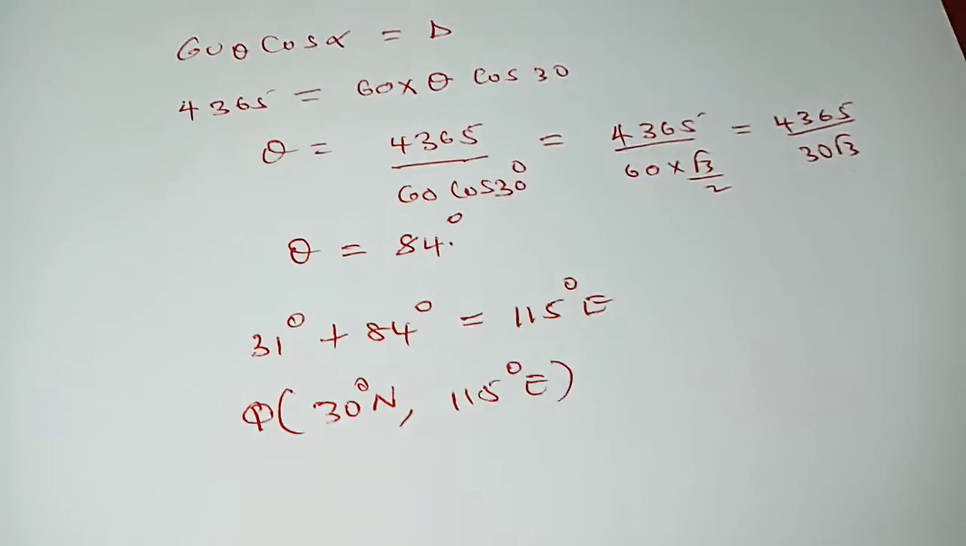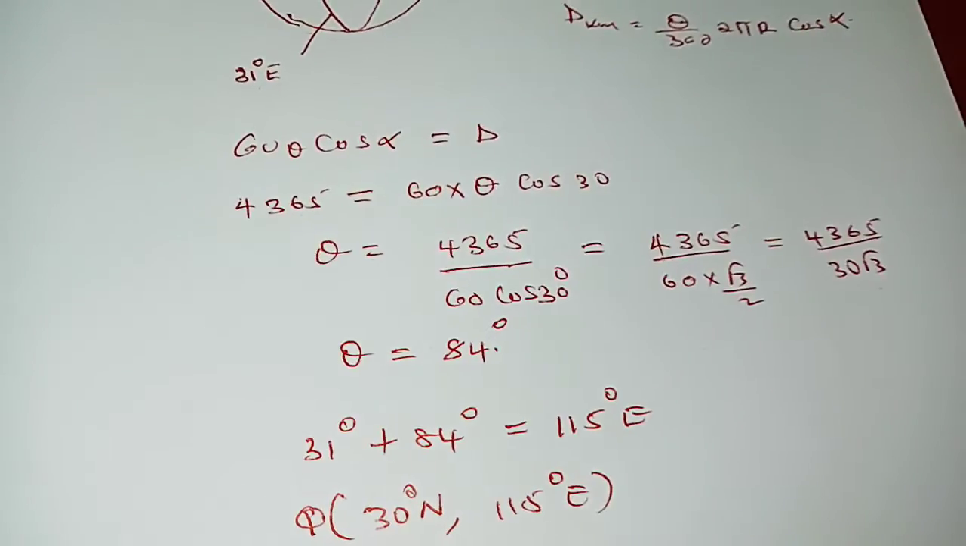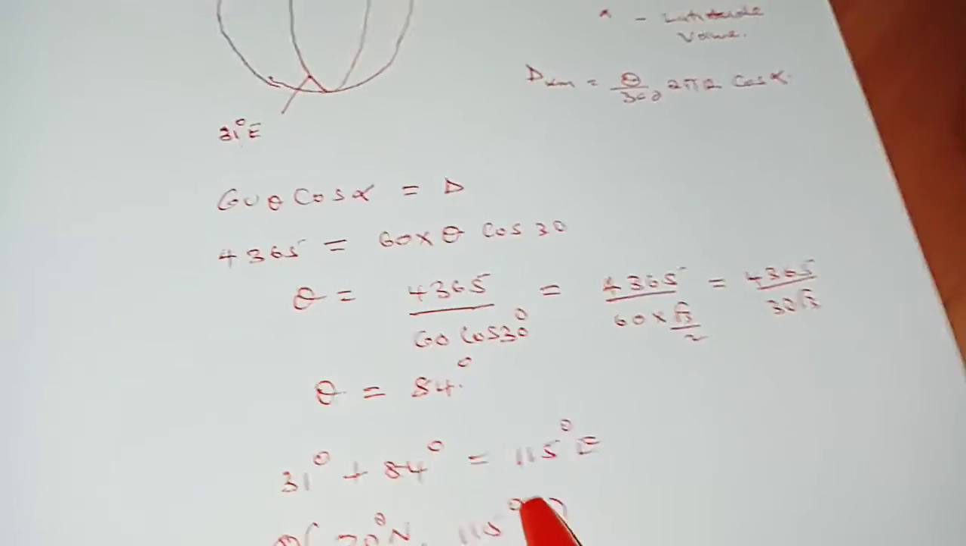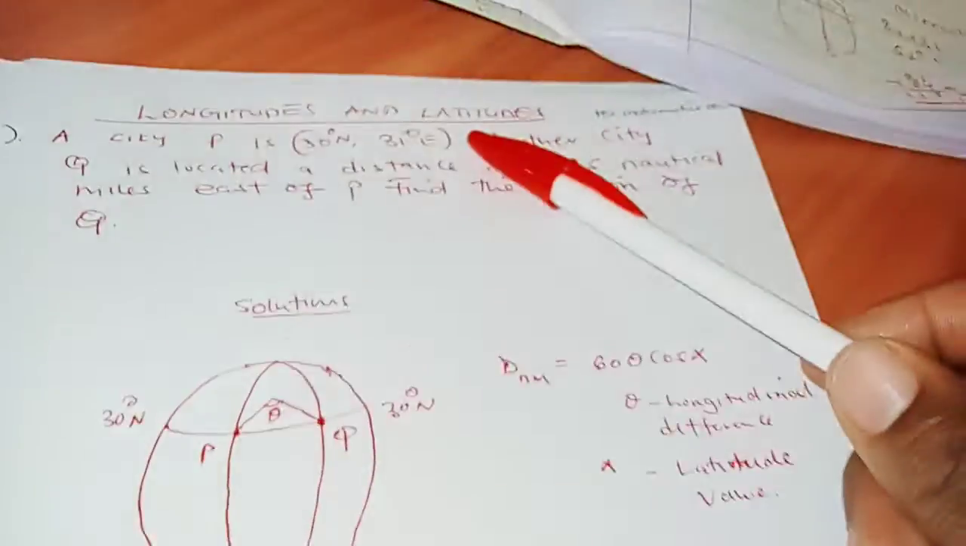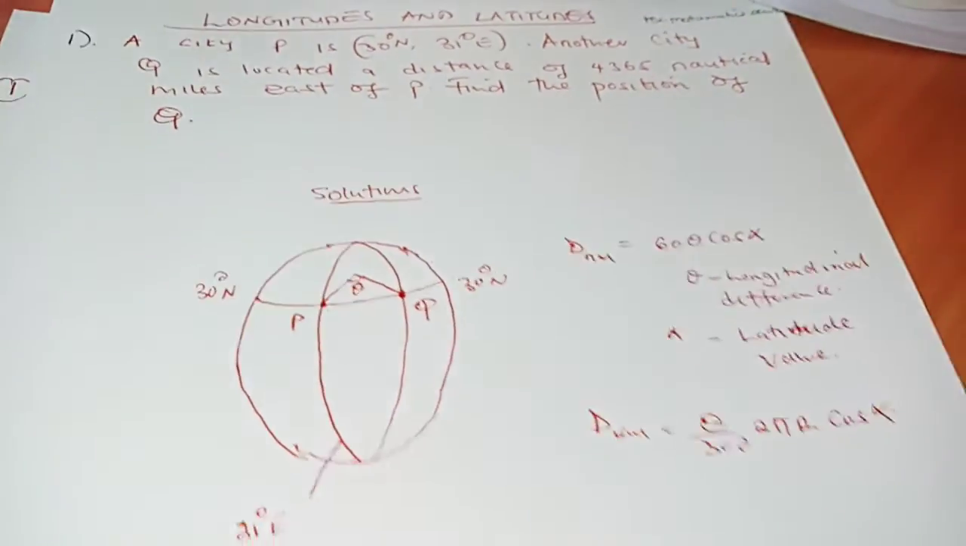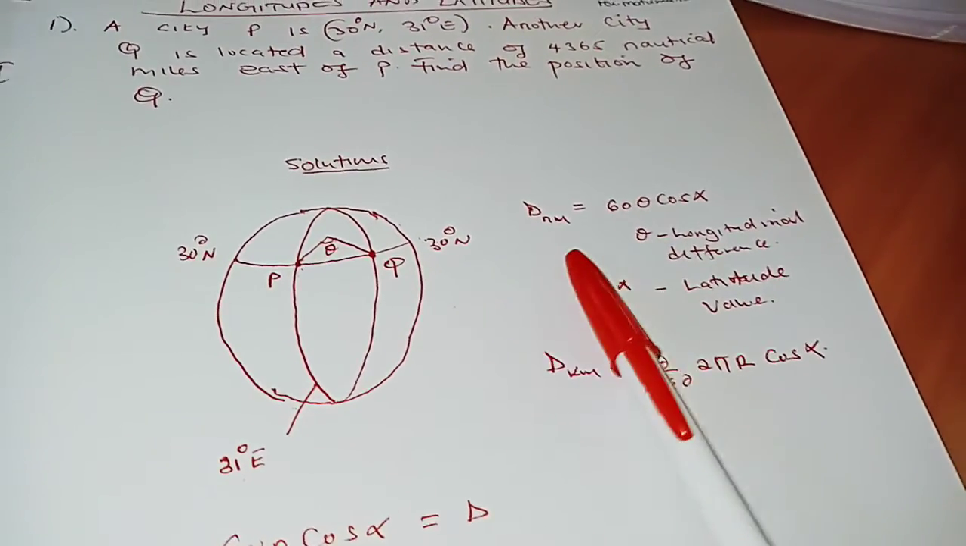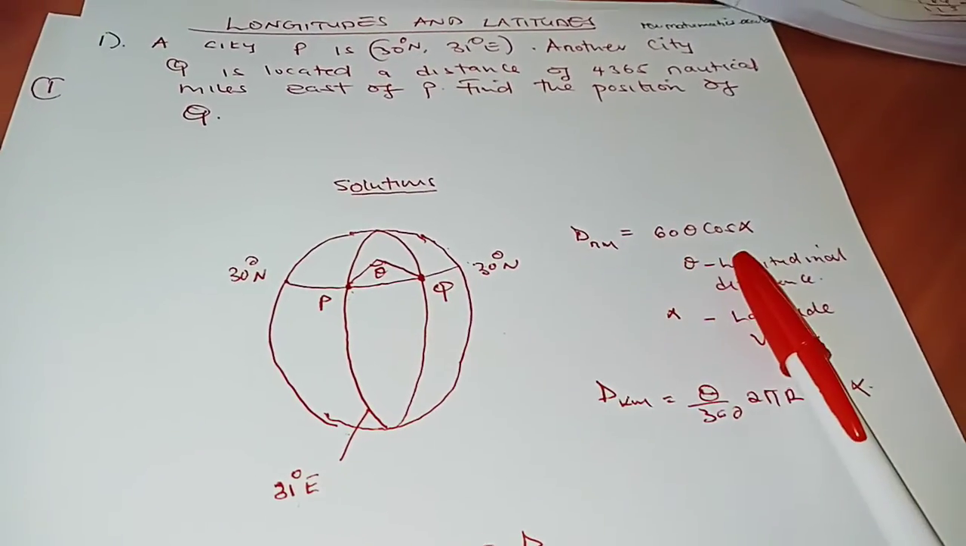And this is what you do whenever you're given the two towns and you want to determine the distance. You usually take the longitudinal difference between the two towns, which is 115 and 31 degrees in this case, and from there you use the formula of distance to compute in nautical miles, which is 60 theta cos alpha,